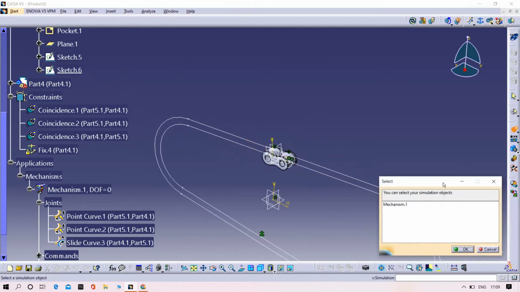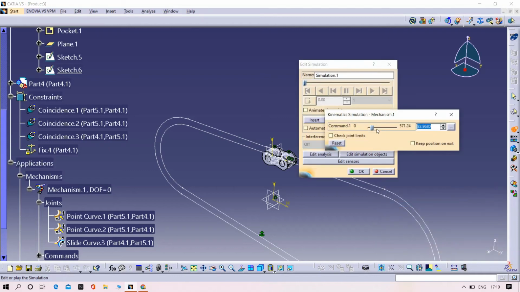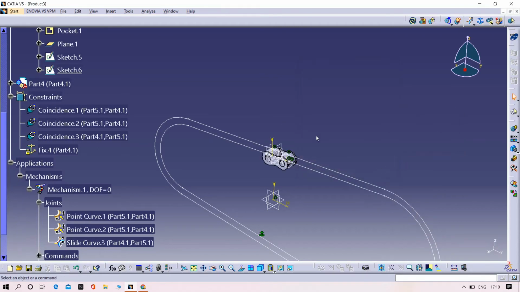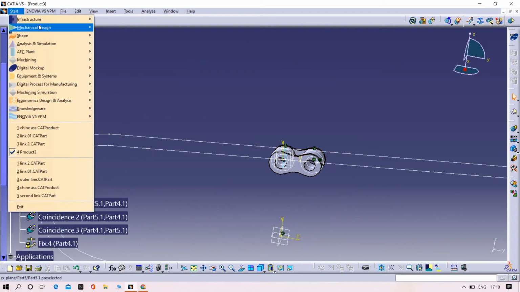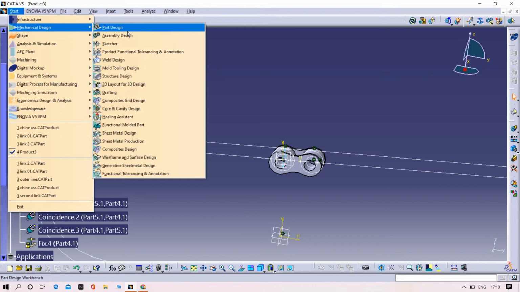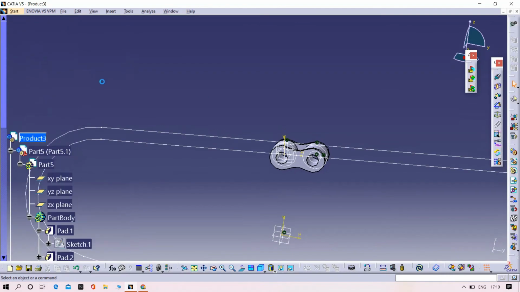Then try to simulate. It is traveling. Then we need to insert another link. For that we need to open the assembly design section.